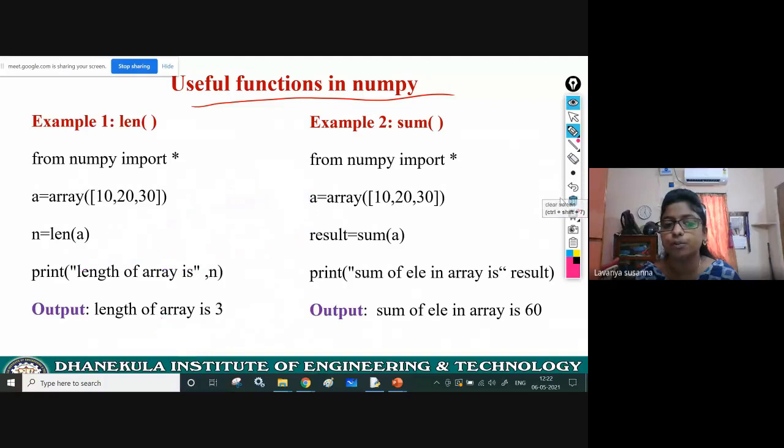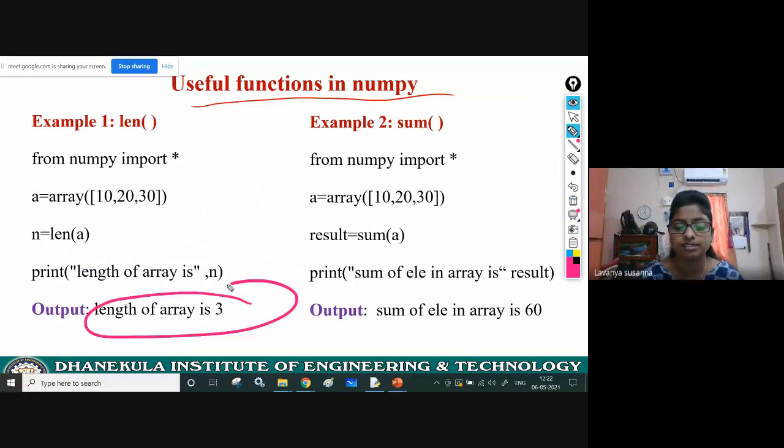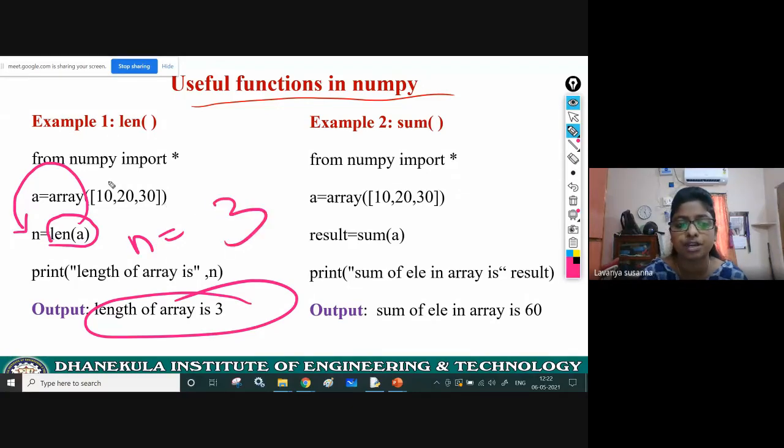So the output you will get is 3. N equal to len of a. This function will count the number of elements in array a and return it. Now the n variable contains 3, because there are 3 elements: 10, 20, 30.